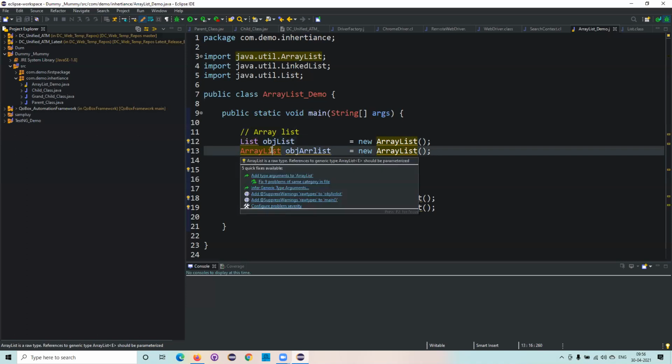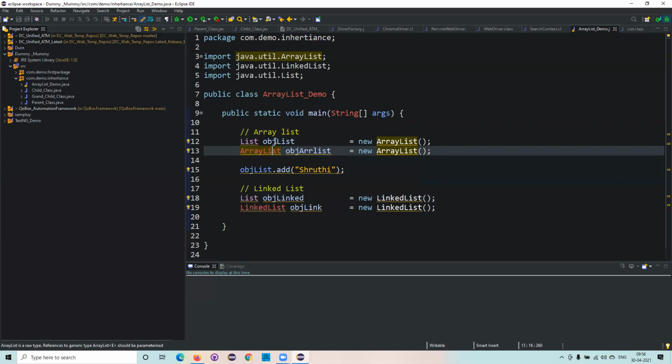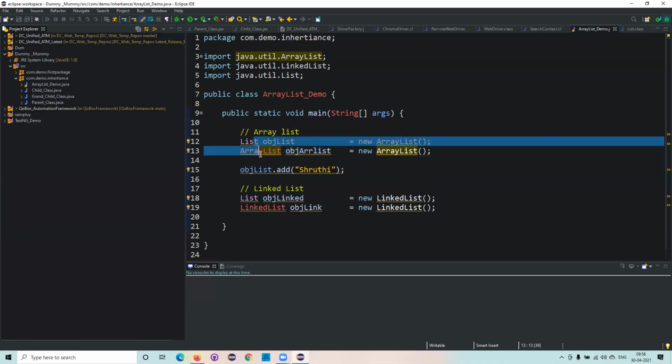Chrome driver. When I created WebDriver equal to new ChromeDriver, the ChromeDriver for that particular object can access all the methods of the WebDriver. That's it. Whereas if I define ChromeDriver equal to new ChromeDriver, then this will have all the methods of WebDriver plus ChromeDriver's own methods. So those are the two things which will be added over here. That is the basic difference between these two lines.